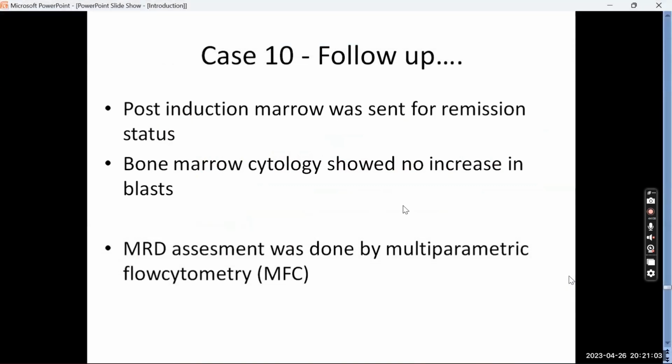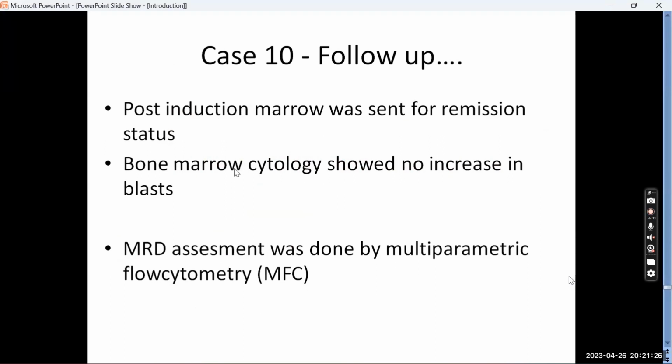So, the phases of acute leukemia treatment are induction, consolidation, and then maintenance. Induction is where they hit the neoplastic cells very hard, so that they want to decrease the tumor cells as much as possible, to a maximum log reduction. In this case, a post-induction, which is normally given for 28 days, was given, and then the case was